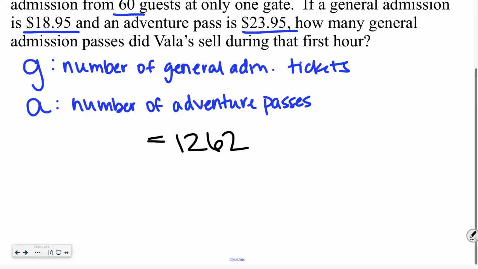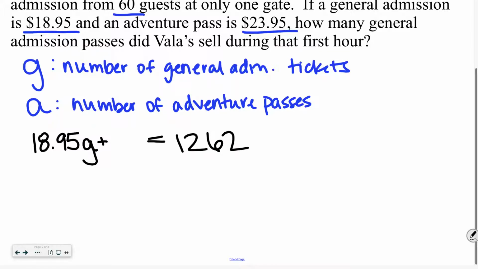On the other side of the equal sign, it should be dollars. So how much is a general admission ticket? Okay, $18.95. So $18.95 times the number of general admission tickets